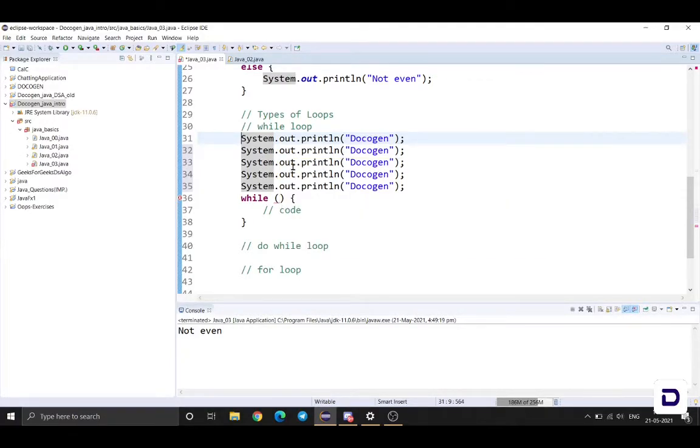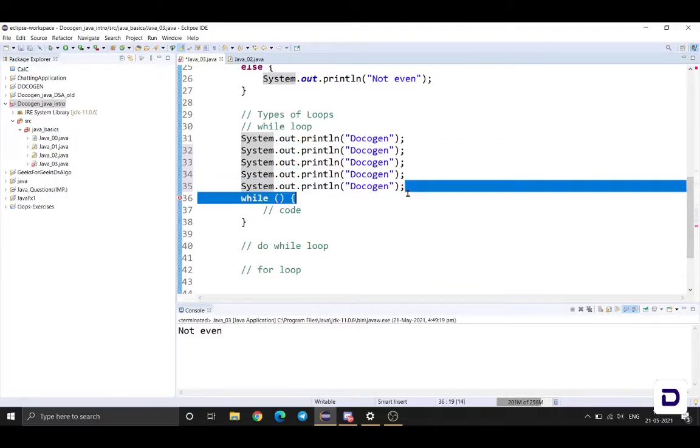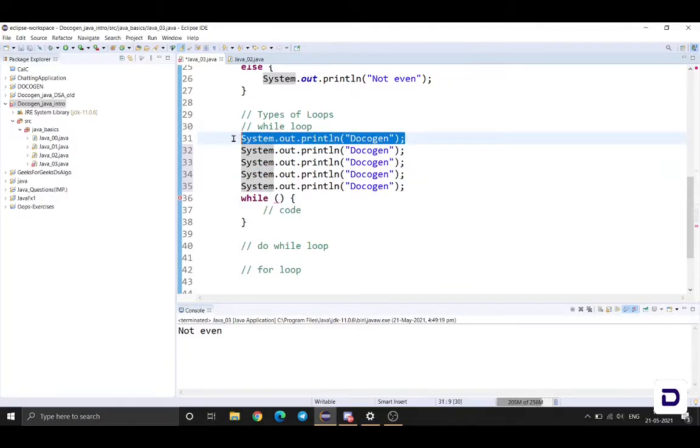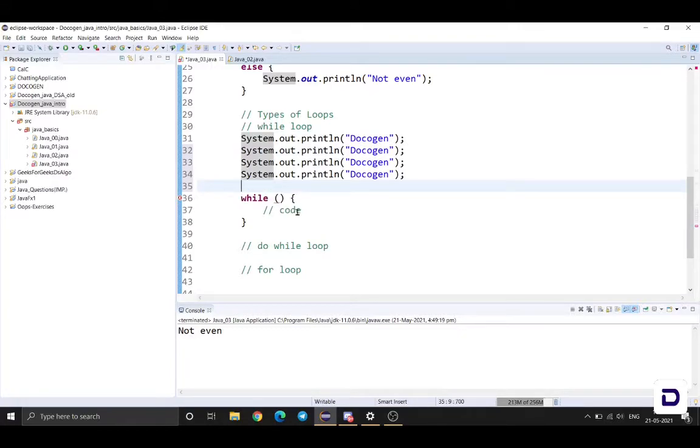So it will be so complex and your code will not look clean at all, and that is not a good practice. Again, we are performing this one line of code many times, so for that we'll use loops. I'm going to put it inside this,